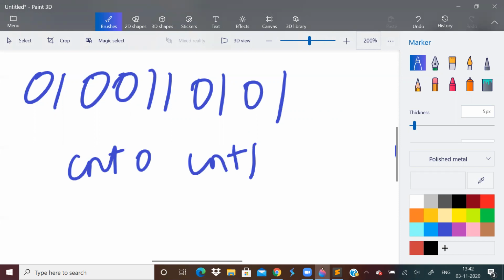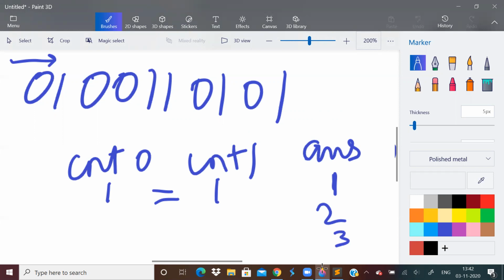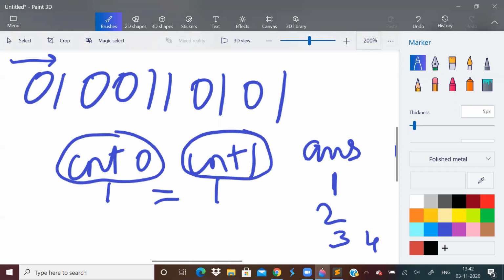Let us traverse through the string. Count of 0 becomes 1, count of 1 becomes 1. Both are equal, so the answer becomes 1. Then 0, 0, 1, 1, answer becomes 2. 0, 1, answer becomes 3. 0, 1, answer becomes 4. So just keep checking whether the count of 0 and count of 1 are equal.